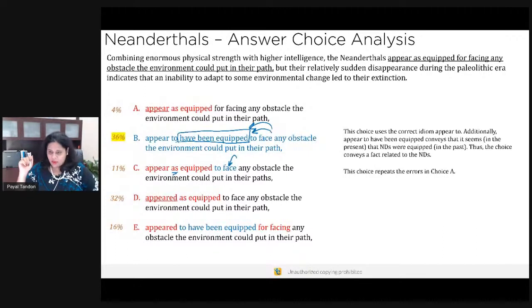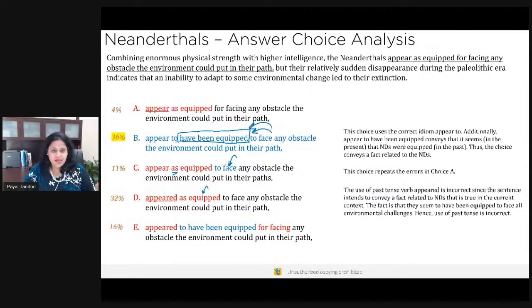Okay, now let's take a look at D, appeared as equipped. This is the choice that also has the same idiom error as in choice A, but it has this appeared issue. Now, appeared means that NDs in the past appeared as equipped. Now, they don't appear to be equipped. And that is what is incorrect. That is not the sense. The sense of the sentence is that